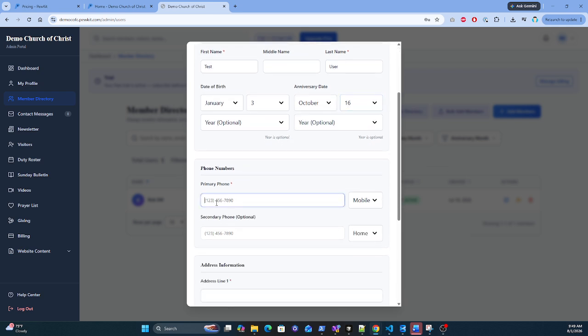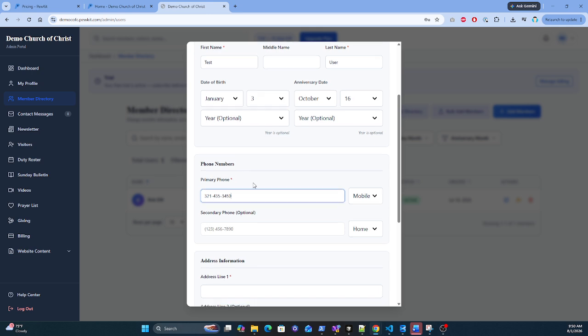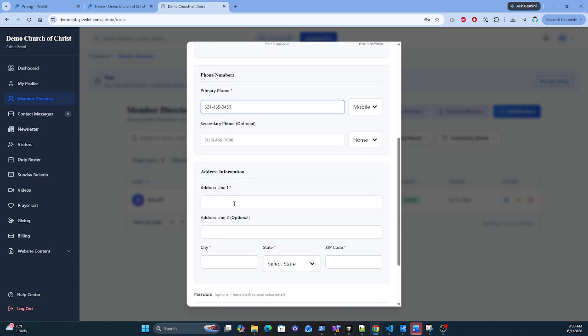Phone number. Phone number is required. You need to provide a phone number here for a member, so other members can contact them, or when there is an emergency you need to contact them, you will be able to. Address. Let's provide drive. I will just